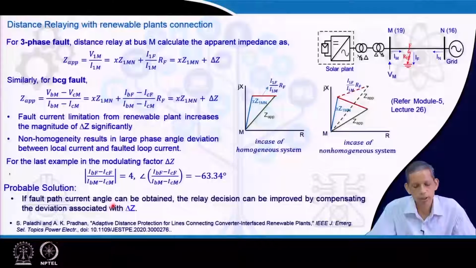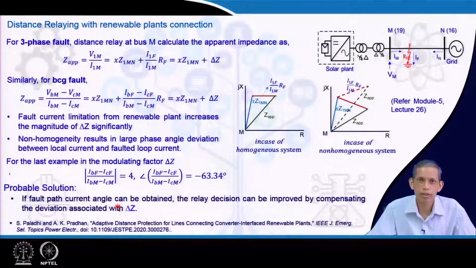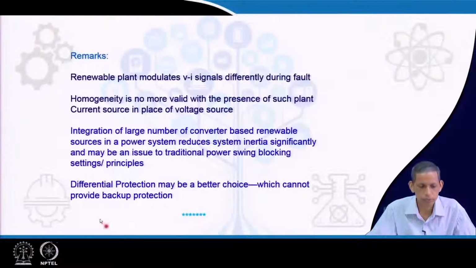If fault path current angle can be obtained, like we saw in the fault classification perspective, the relaying can be improved by compensating the deviation associated with delta Z. This reference reveals such an approach to mitigate the issue of distance relay performance in the presence of renewable resources. In overall,